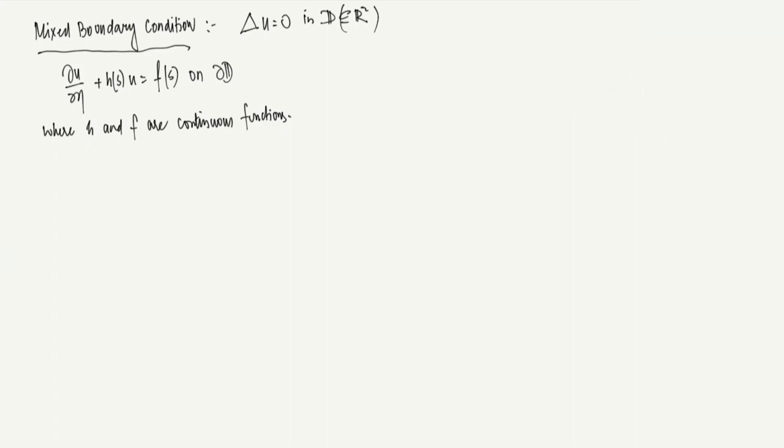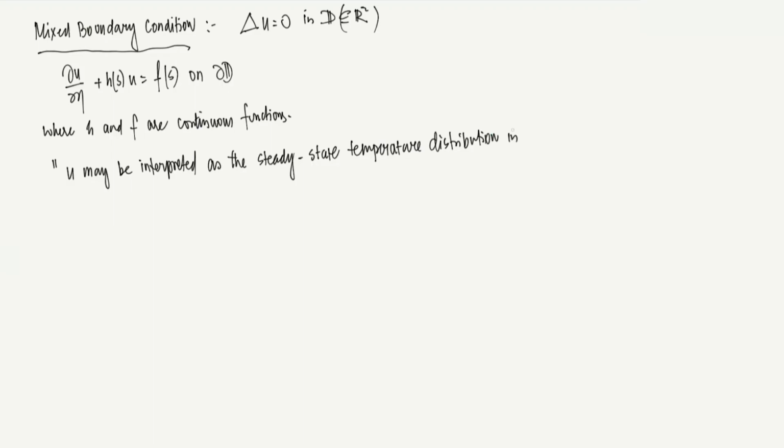Right. Now, physical interpretation. You see here, u may be interpreted as a steady state. Steady state means after some time it is independent of time, so the whole state of that system becomes steady. It does not depend on time anymore. Steady state temperature distribution in a body. So since Laplace u equals 0, it says that is the steady state temperature distribution in